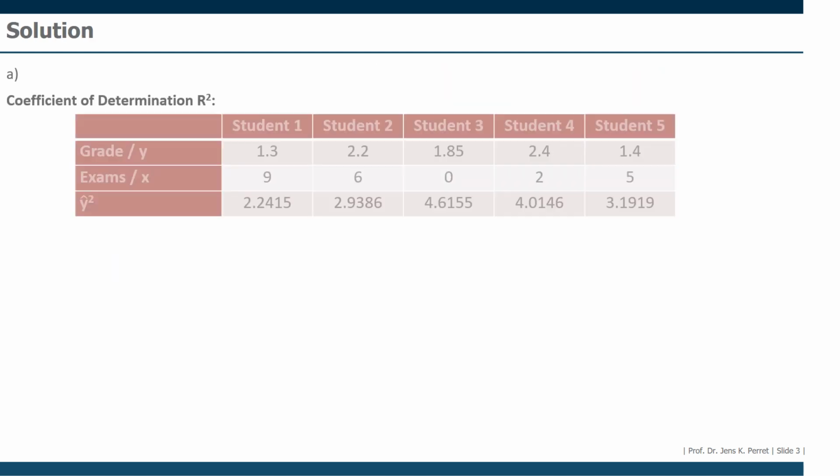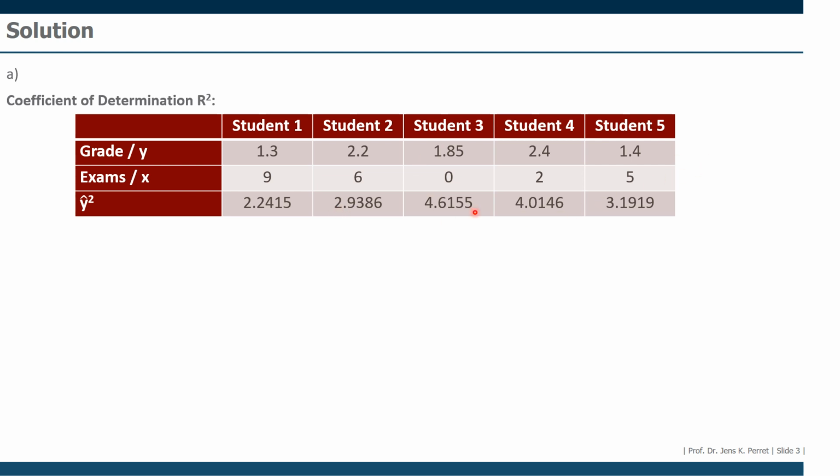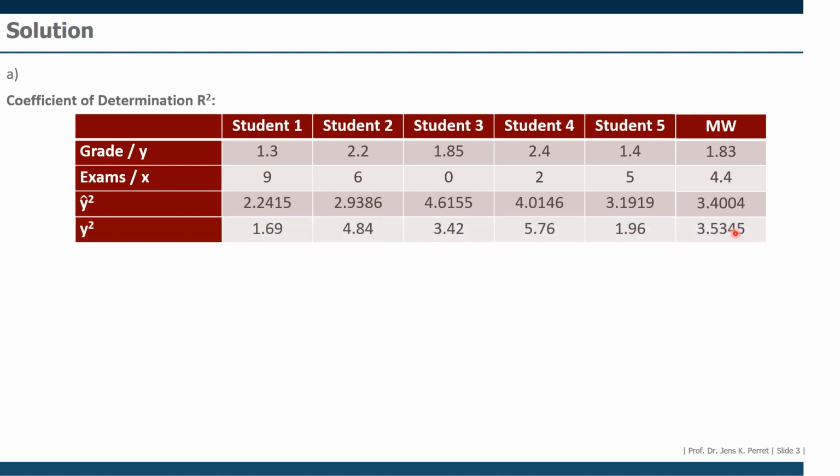For this one, we're going to take the table as we've been given it, and we're going to add one additional column here. And in this column, I'm going to report the averages. So for the grades for Y, for the exams for X, I'm going to calculate the average, and similar for the squared prognosed values. Then I'm going to add one more row as well, and that's the squared Y values, also with the average. Because then we have everything we need to actually use our general formula for the r